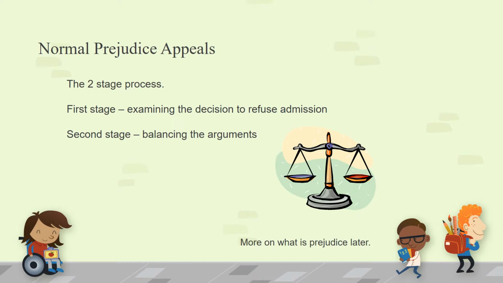The panel must balance the prejudice to the school against the appellant's case for the child to be admitted to the school. It must take into account the appellant's reasons for expressing a preference for the school, including what that school can offer the child that the allocated or other schools cannot. If the panel considers that the appellant's case outweighs the prejudice to the school, it must uphold the appeal.